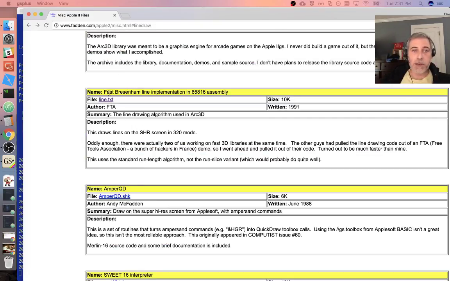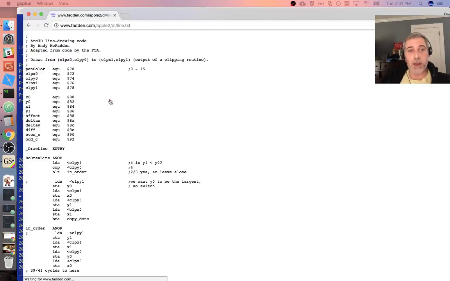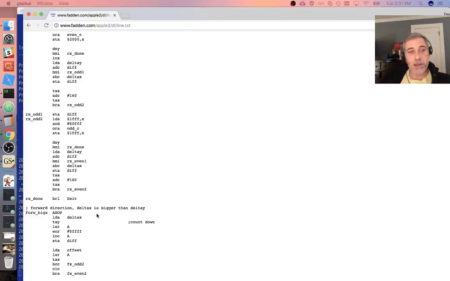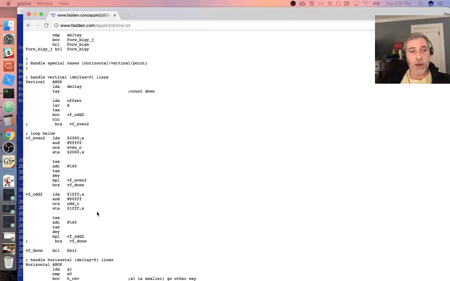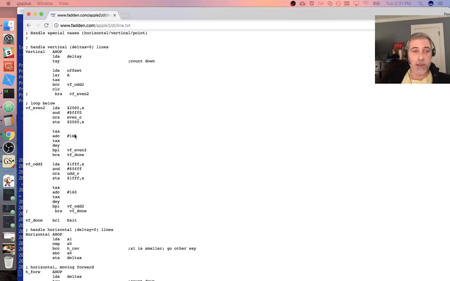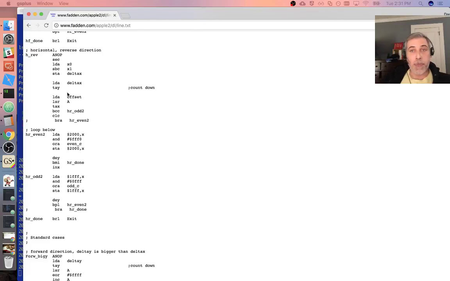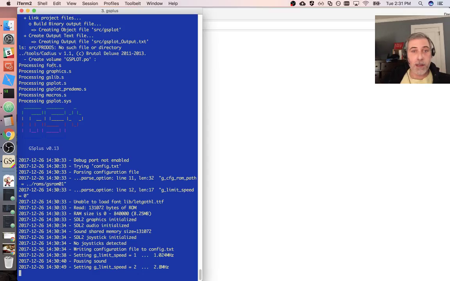If you're interested in doing a Bresenham, there's kind of two possible English pronunciations of that name, but I don't think it's worth optimizing the code in the way that you would need to come up with one that is this fast. And it's doing a lot of things here to try and be fast, because if you remember, I mentioned the 2GS display is